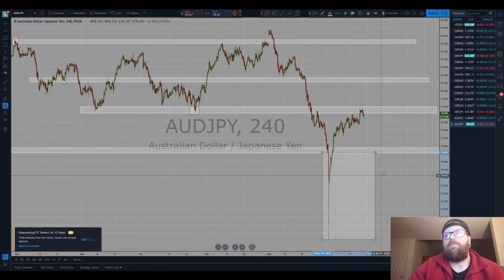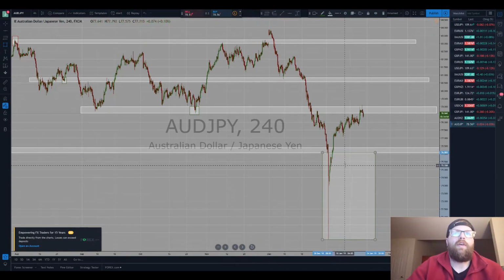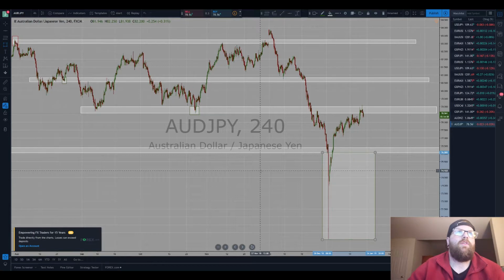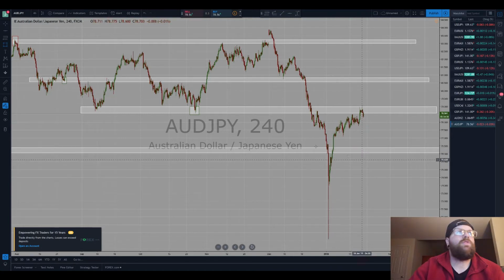That candlestick's worth 600 pips. It's not beneficial. To have a zone that large is not something that's going to help you, because price will stay within a 600 pip range for a very long time. Usually, not always, obviously, but usually price will stay in that range for a very long time. You don't see, especially on Asia, you don't see price moving 600 plus pips a day. Rarely, if ever. And so you want to keep your pips, or your zones, excuse me, to like 25, 30, 35 pips at the most, maybe 50 pips if it's on a